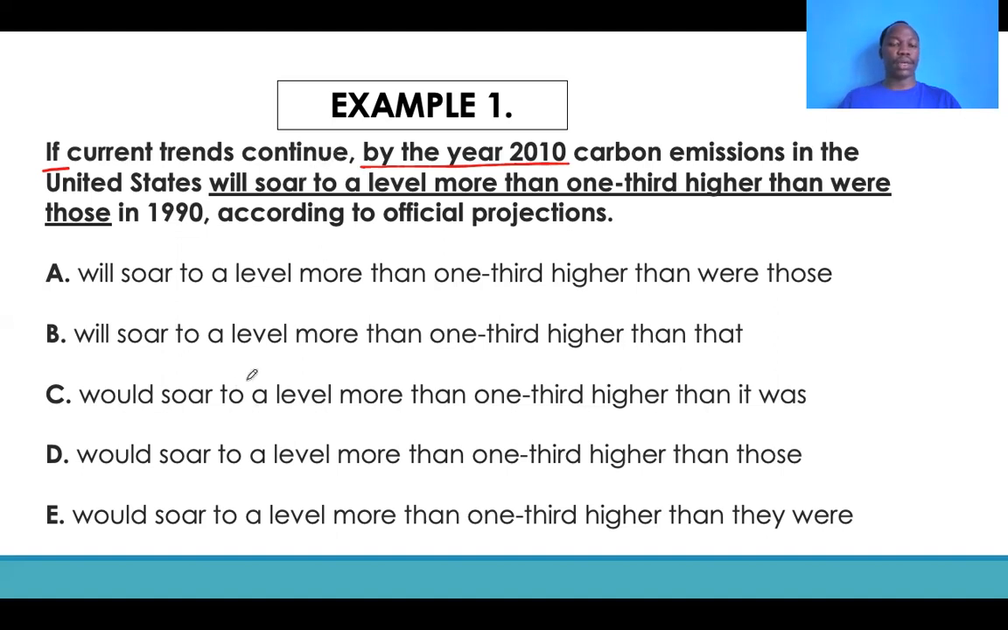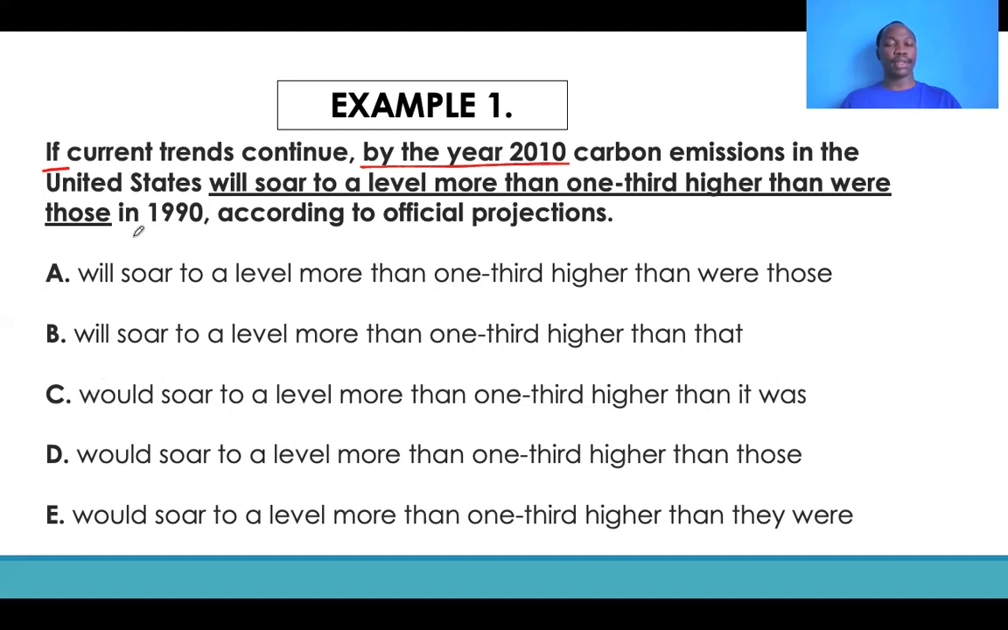So you can scan through your answer choices and look out for answer choices that do not use the word will. All right? A uses will, that's correct. B uses will, correct. Would is in the second conditional, that is, if we could be describing this event